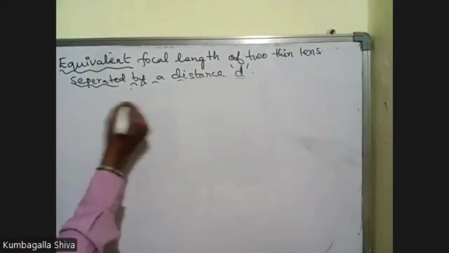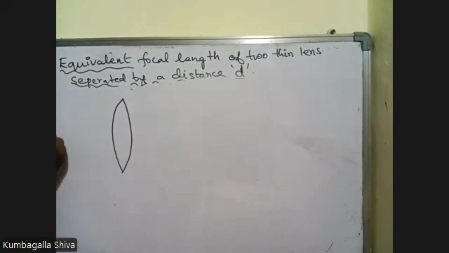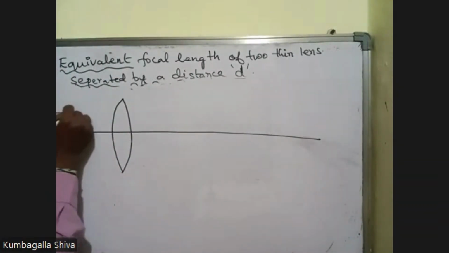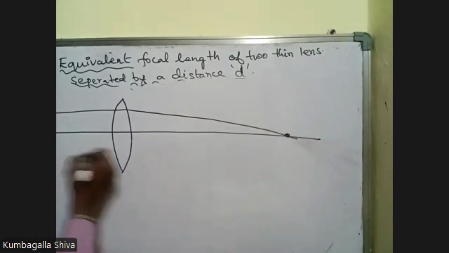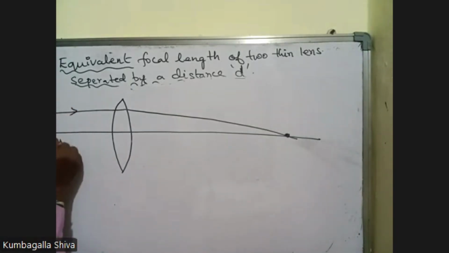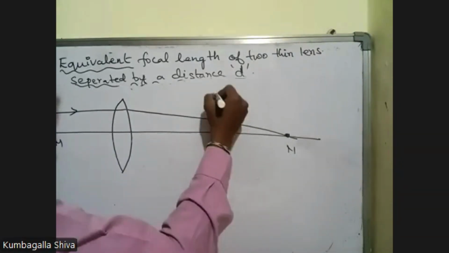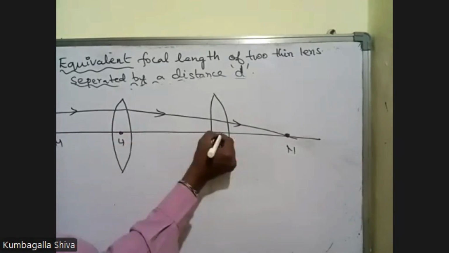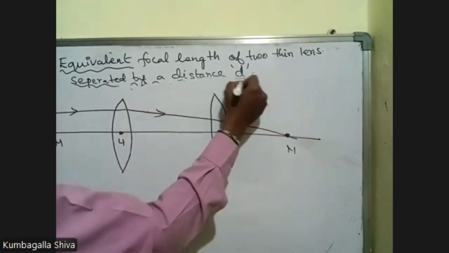This will be very clear. This is M. This is N. Okay. Now this is the L1 lens. This is the L2 lens. And this first refracted ray